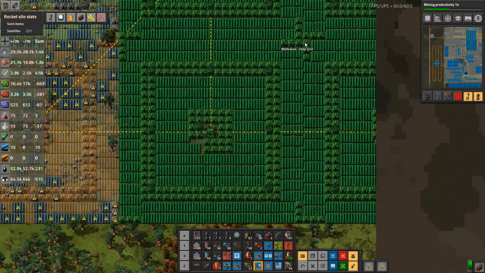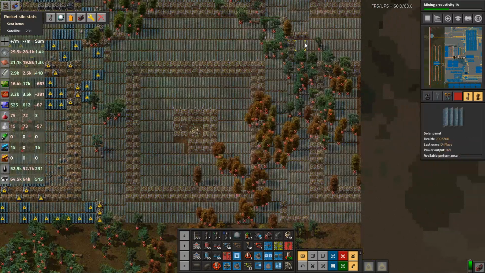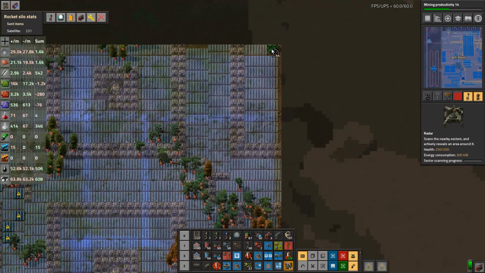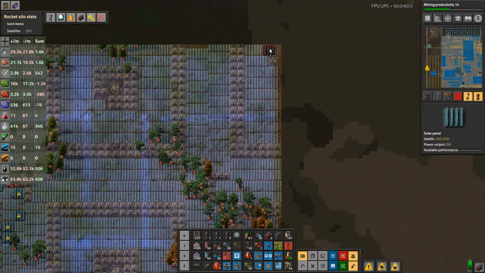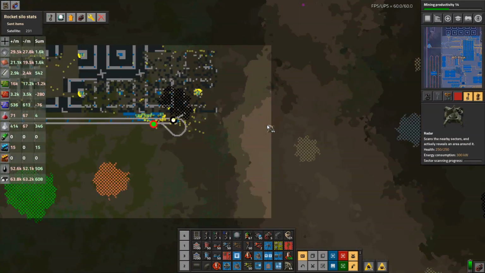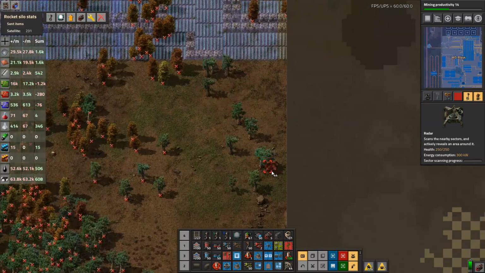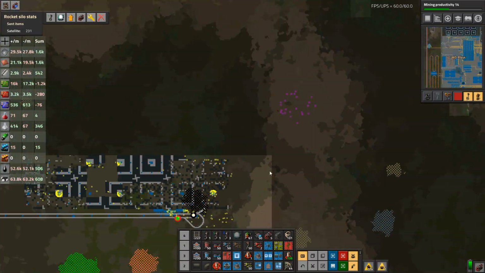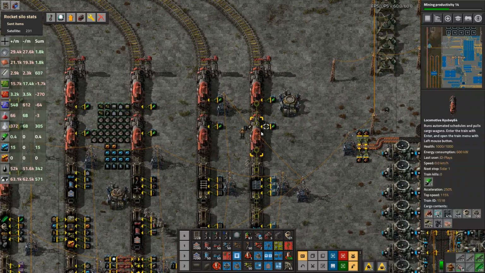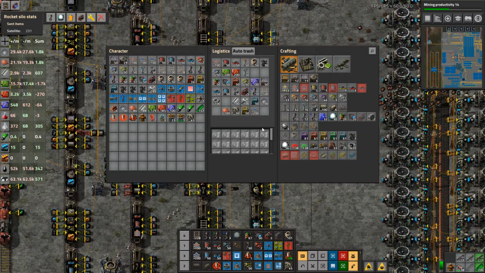Along with... put down that. Nope. I need to put a radar there. And I really wish I could see the radar coverage on map view. That's one thing I really wish. Okay, I can see ghosted radar coverage on map view. Yep, that's a better way of putting it. Anyway,